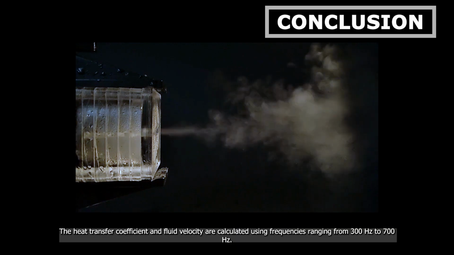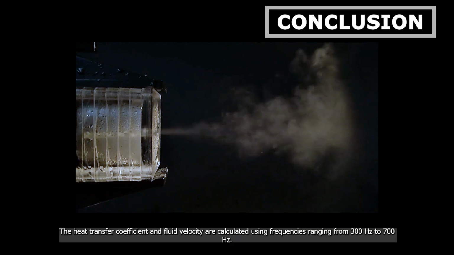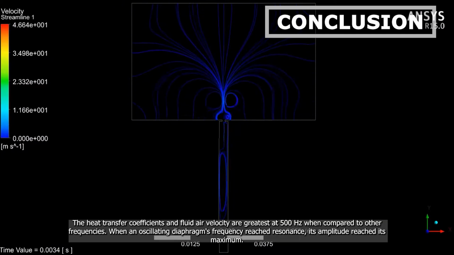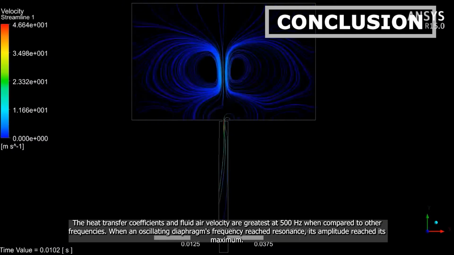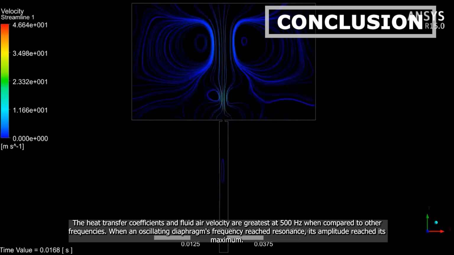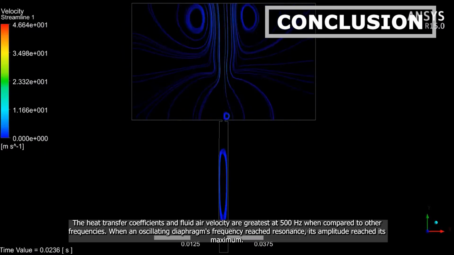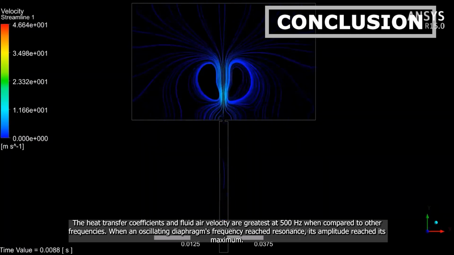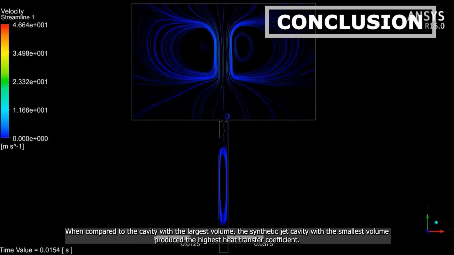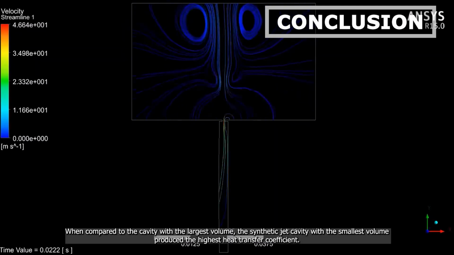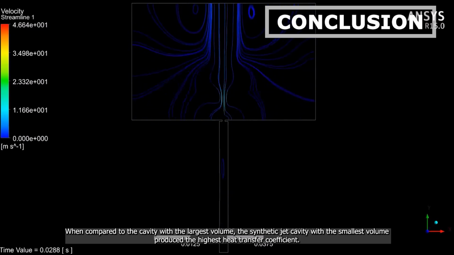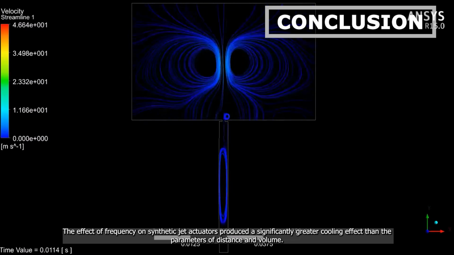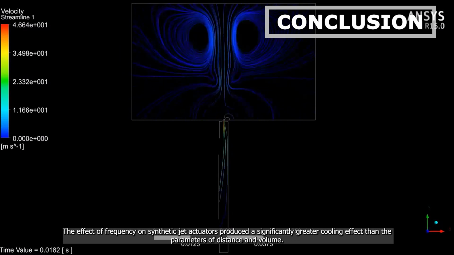The heat transfer coefficient and fluid velocity are calculated using frequencies ranging from 300 Hz to 700 Hz. The heat transfer coefficient and fluid air velocity are greatest at 500 Hz when compared to other frequencies. When the oscillating diaphragm frequency reaches resonance, its amplitude reaches its maximum. When compared to the cavity with the largest volume, the synthetic jet cavity with the smallest volume produces the highest heat transfer coefficient. The effect of frequency on synthetic jet actuators produces a significantly greater cooling effect than the parameters